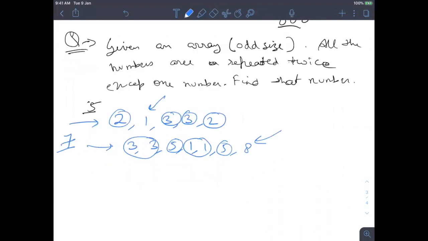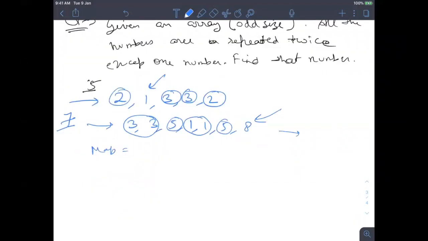Hash map. Sir, we can use map hashing. Right, correct. So you can use a hash map. Let's say you are using C++, you are using map, and you can just check the count, or you can use hashing, anything you want. So you will just see whose count is 2, whose count is 1. That will be my answer. This is the correct method, but there is a very fast method which people generally want.